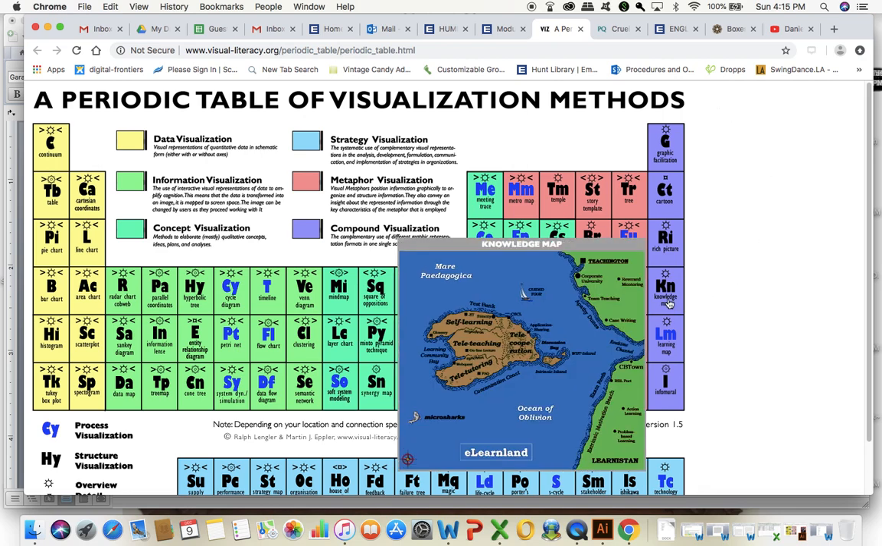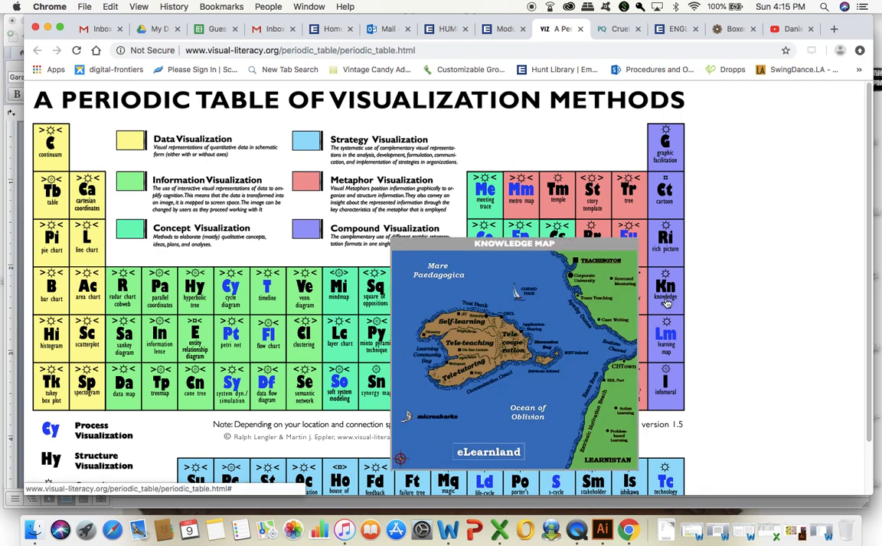So say, for example, I choose knowledge map. That's going to be the viz method that I'm choosing. This is a compound visualization. I would talk about, and you don't have to talk about the specific examples that they provide, I wouldn't do that. What I would focus on is, if I were to provide a knowledge map of something,